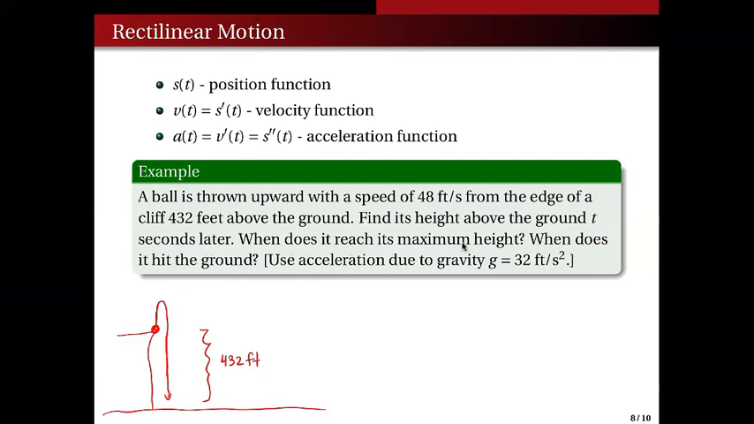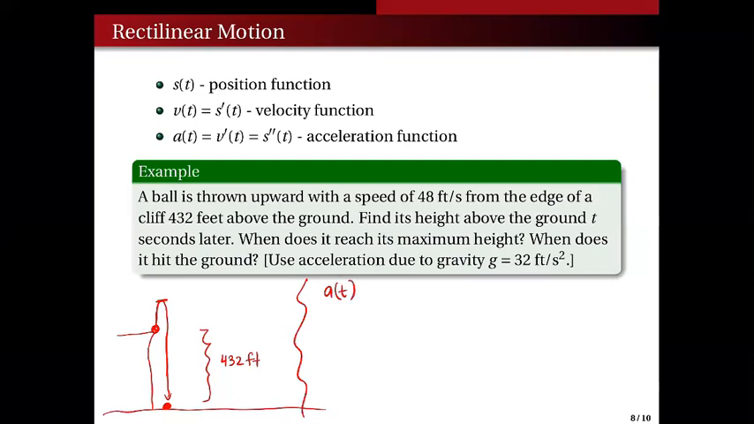When does it reach its maximum height? So we will also find the maximum height here and the time it reached that height. And then we will also find the time the ball reached the ground. There is no function here, at least based on this problem up to this part. But according to this hint, we use acceleration due to gravity. It's 32 feet per second squared. So we have here actually the acceleration function,